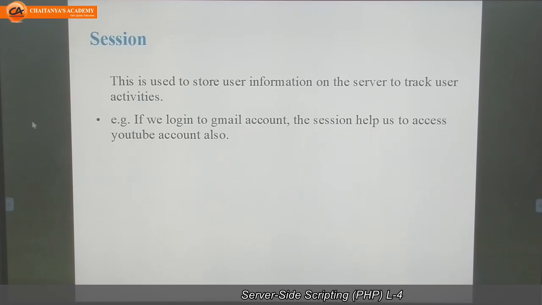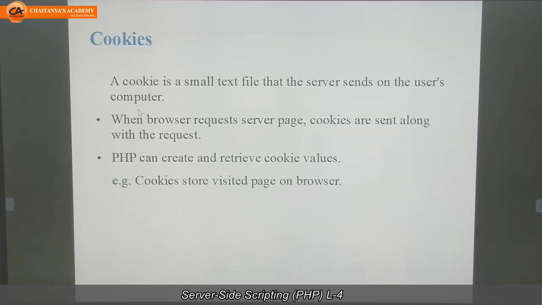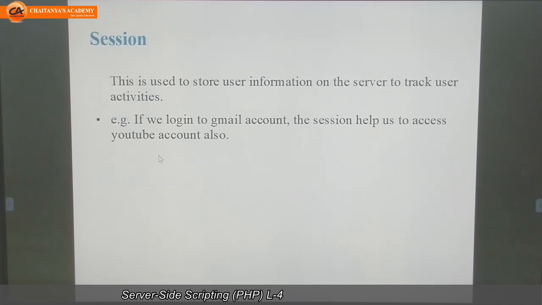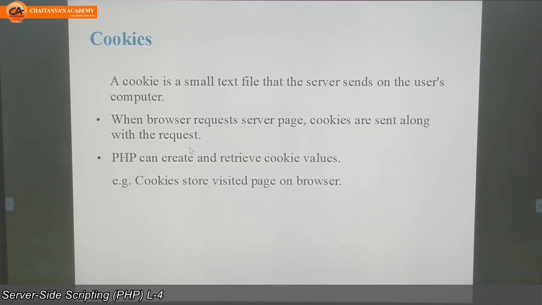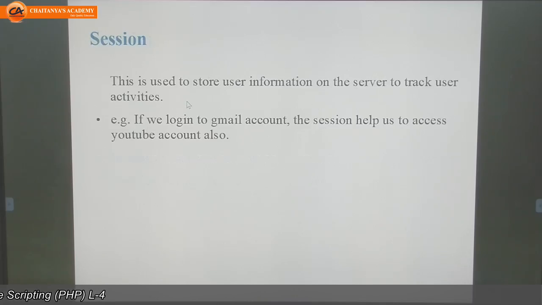For your syllabus, you will get an objective or fill in the blanks question like: what is meant by cookie and what is session? Or you may get a question like, dash helps to store user information, or dash helps the server to keep track of user activities.